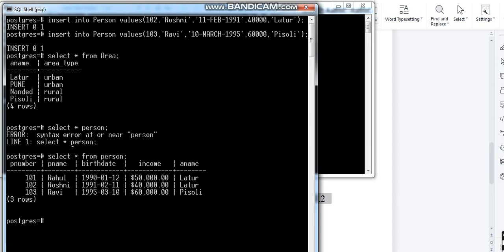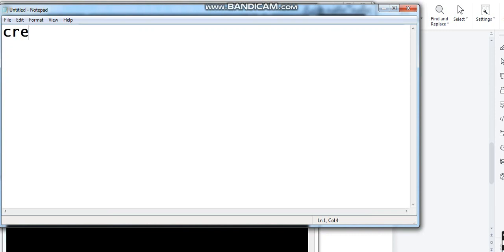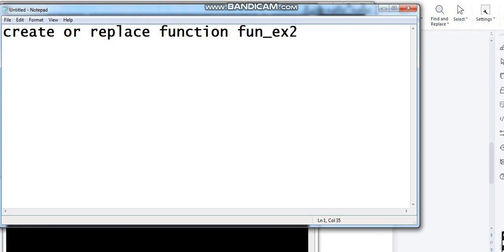Now this query we are going to put into a function. Okay, let's create a function. As I said, you create or replace function. Function का name we have to give function example 2, right?